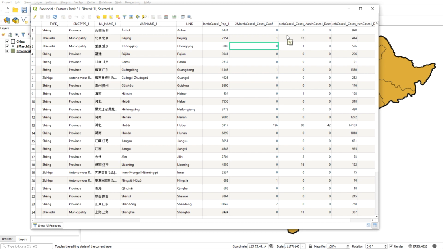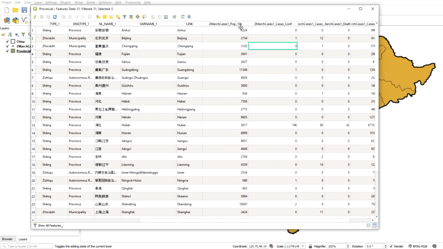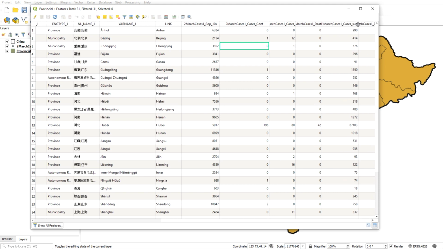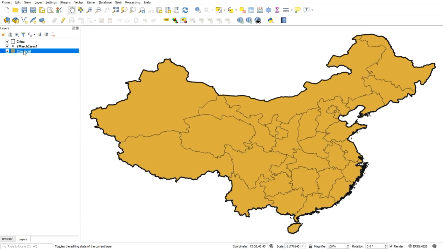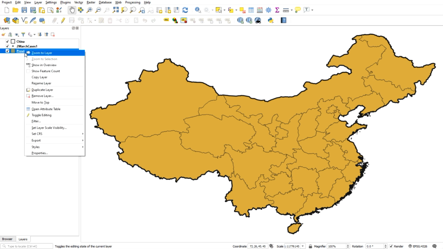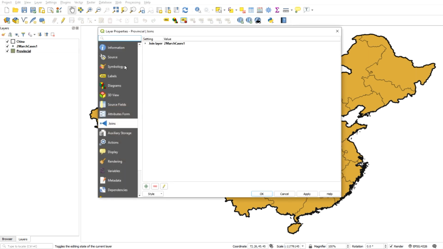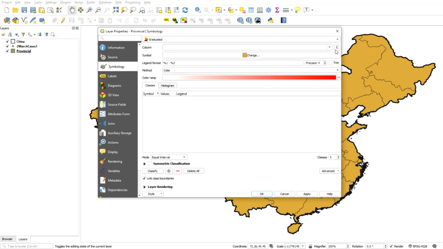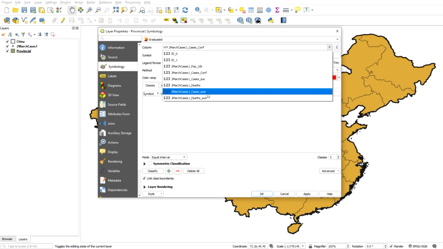So what we can do is color up on the total cases confirmed as a cumulative value. So not per day. Each additional day, these are new confirmed cases. We're going to go for the total and see what that looks like. Okay, so we'll right click, go to properties, go to symbology, and categorize using graduated symbols. The column we will use is the cases cumulative, so cases sum,